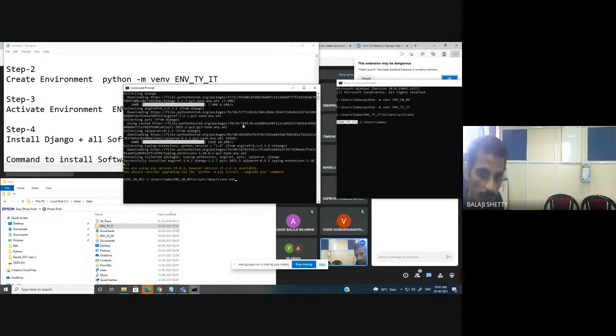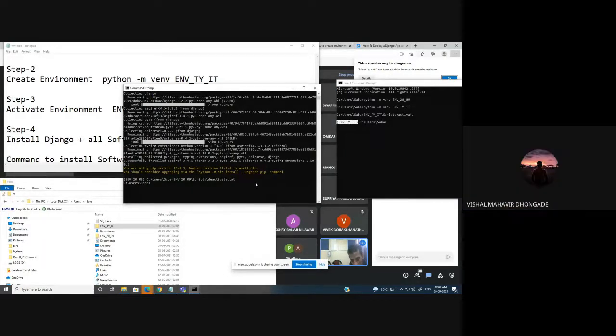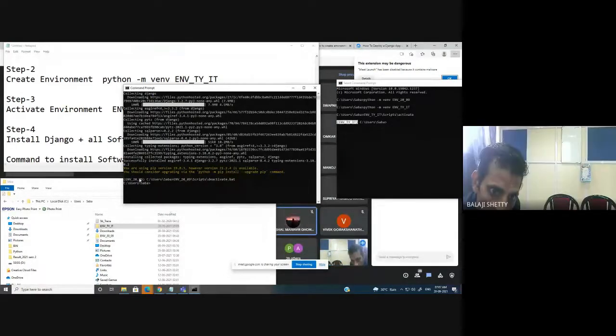Okay, you can see here, this is a path here. If you press enter, what happened now? Can you observe the changes? Yes, sir. Now this environment has disappeared. Means whatever software we have installed in that environment 2009 is not accessible. You come out of that environment.